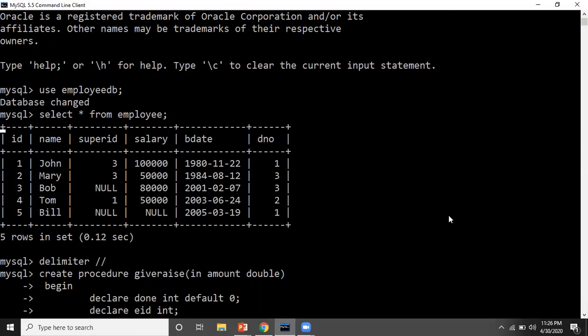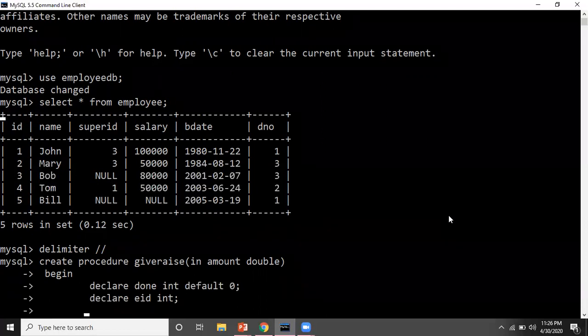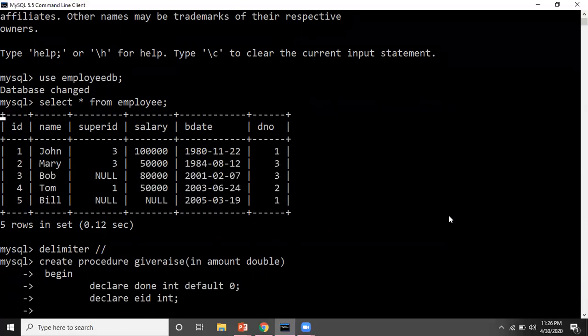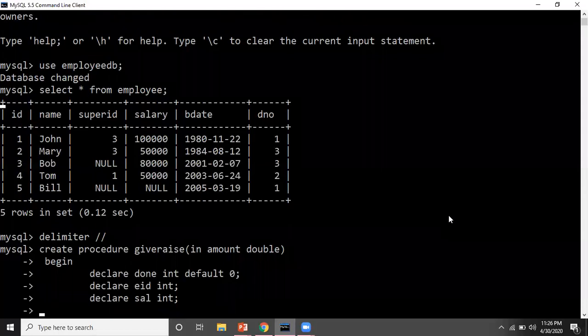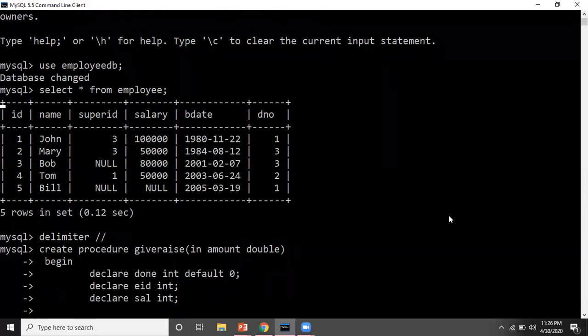Then one more variable, because I want to raise the salary: declare salary, using SAL, also of integer type. These variables I will use inside the loop.